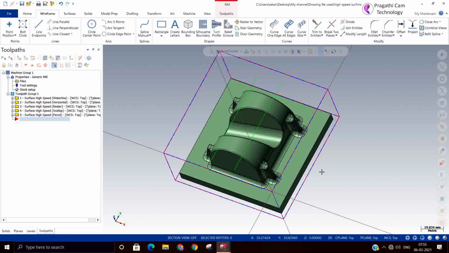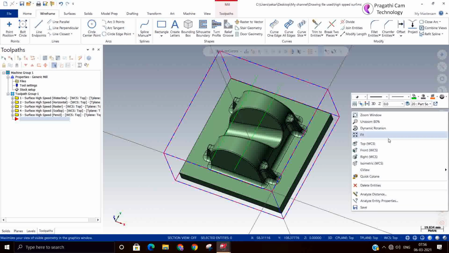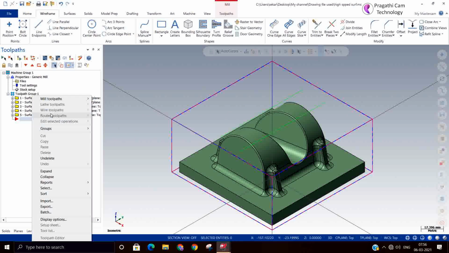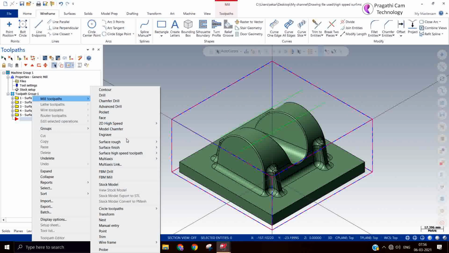So people will add some welding in that particular place, and after welding they will blend these surfaces to match with each other. So in that situation, this blend tool path is very useful.